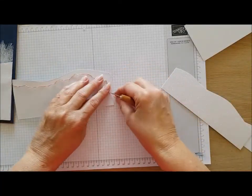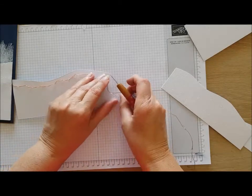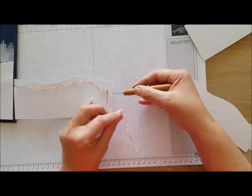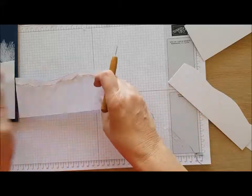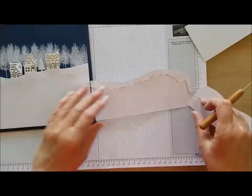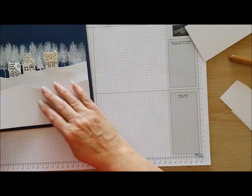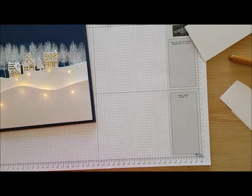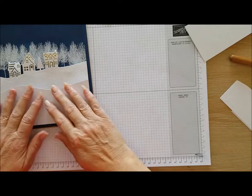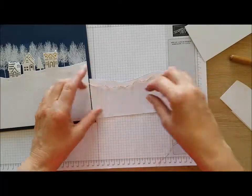Yes, you need a lot of table room to do this too. So just attach that down there. Flip it over. Test the lights. Beautiful. I could probably...